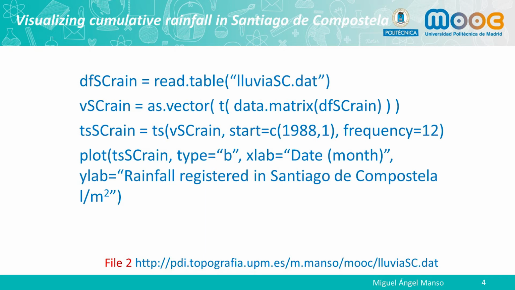In order to correct that, we can get a matrix from the data frame, data.matrix, then transpose, t, and finally save as a vector in a new data frame variable, rain. Next, convert the data frame to a time series variable, ts the rain, starting in January of 1988 and monthly frequency. And finally, plot the time series ts the rain with the plot command.